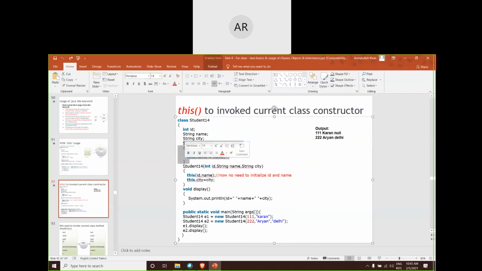I have already written it. So I want one more thing to be added to it. That is, I want the city part also to be initialized. So for that reason, I'm having one more constructor here. And in this constructor, I'm just making a call to the previous constructor by using this as a function. Do remember here, I'm making this as a function call. You can see the parenthesis clearly.